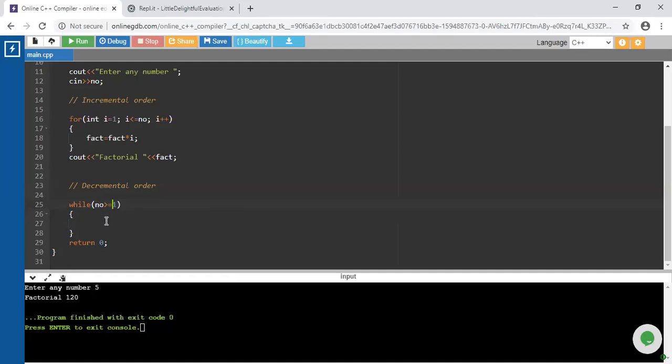Then inside the while loop, what is the logic?